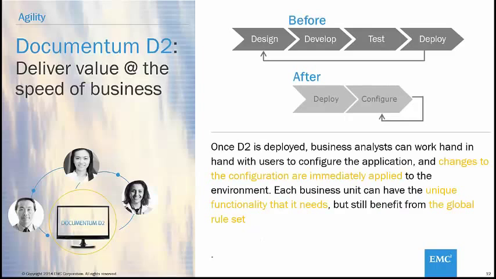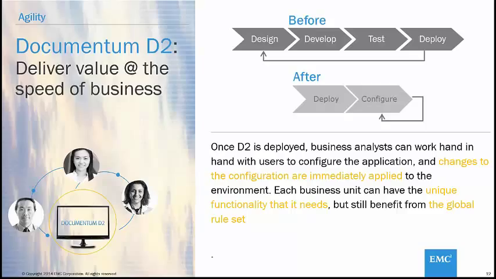Great. So one of the really big things about D2 is the speed at which new functionality can be deployed to the business community. Once you've got D2 deployed, you've got business analysts who can work with users to configure the application, to define the rules for those kinds of documents, and apply it to their particular environment,